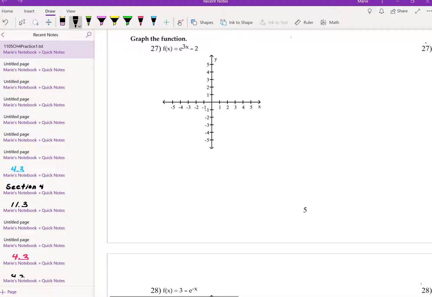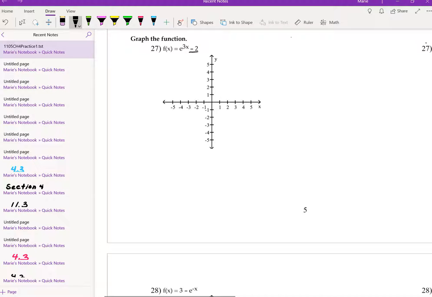So here we are with the next part of the test. And again, we get hit with two graphing functions. If you just remember the basics, you should be able to select the proper function. So in this case, you see the shift of -2, that makes -2 in this case